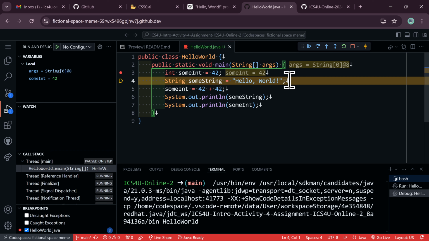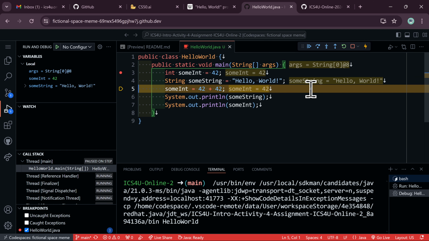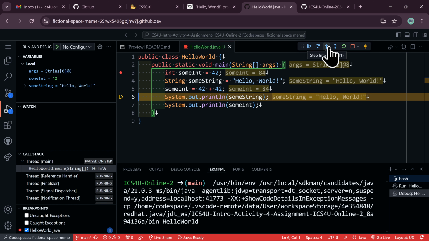So we're going to hit this again, and then it will create this variable called sum string. So I'm going to click there and notice it's been created, and this variable now holds that string right there. Step through another line by adding 42 plus 42 and replacing what is in this current variable. So we'll do that, and you can see it goes to 48. And now what I want to do is print out to the terminal down here this variable called sum string,